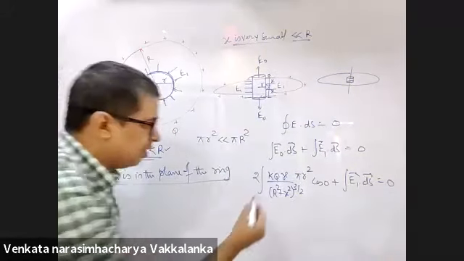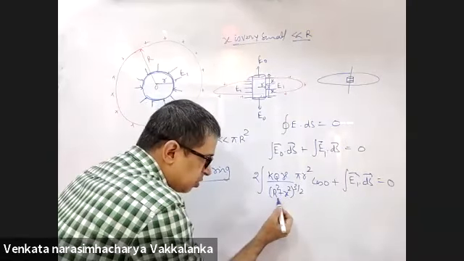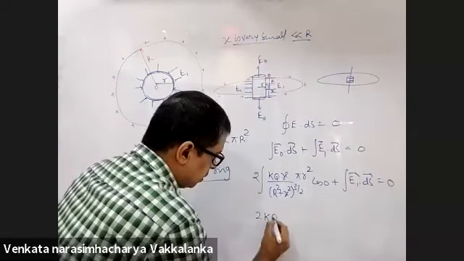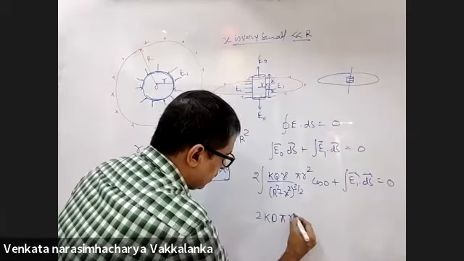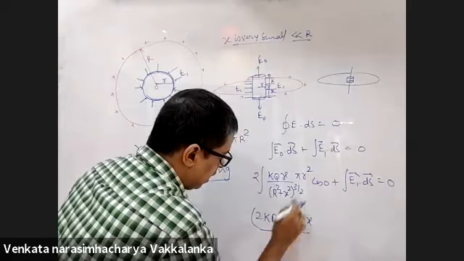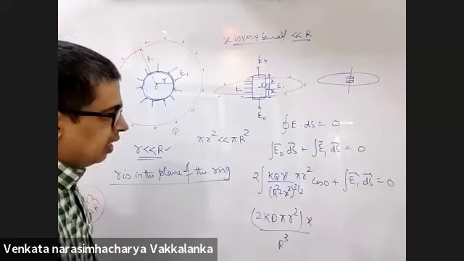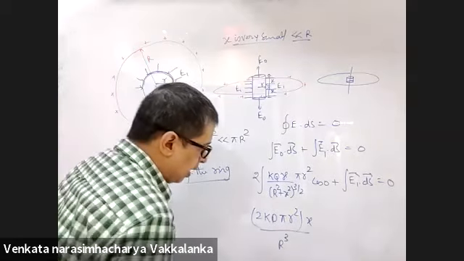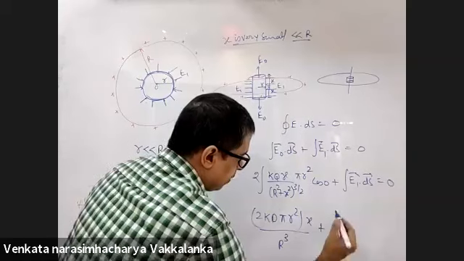So when x is very small when compared to R, in the denominator x square will become yet more smaller when compared to R square. So it becomes 2kq pi R square into x upon R to the power 3, 2kq pi R square x by R to the power 3, right? Plus